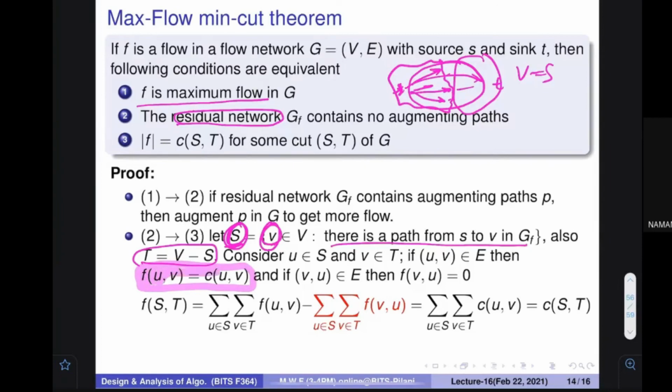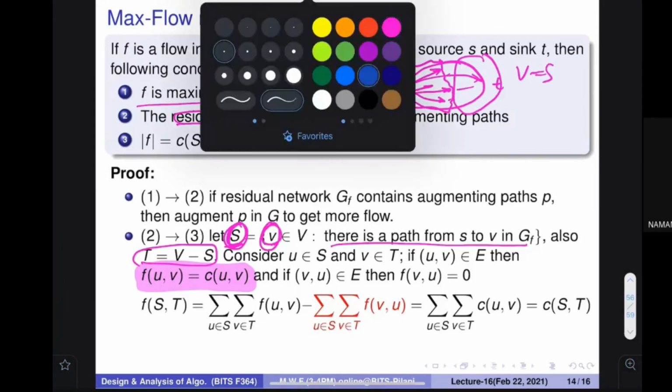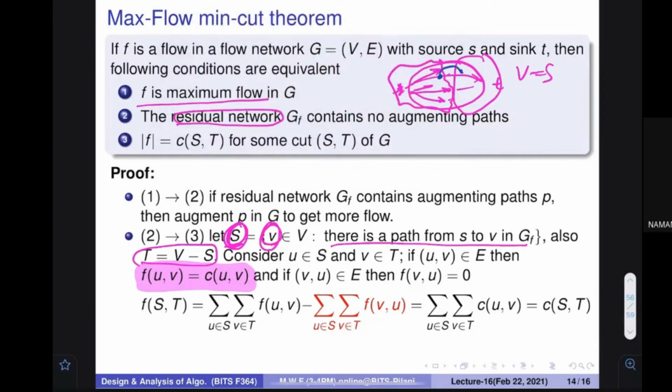The flow would be equal to the capacity, because if the flow were not equal to the capacity, for example, if you find any connection between them, how much flow would it be? The flow would be maximum, because if it is not maximum, then definitely there would be a link, and then you can find an augmenting path. So all the edges going from here to here are going to have flow equal to the capacity.